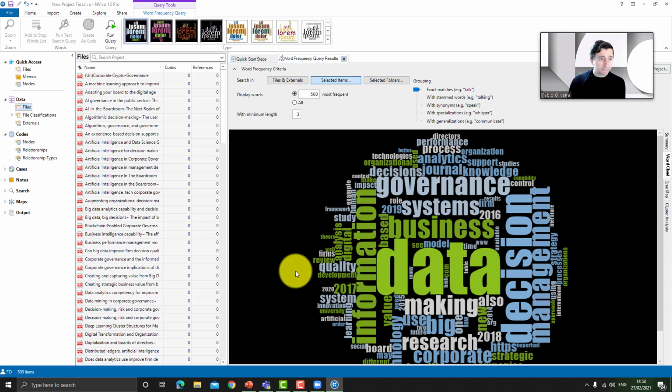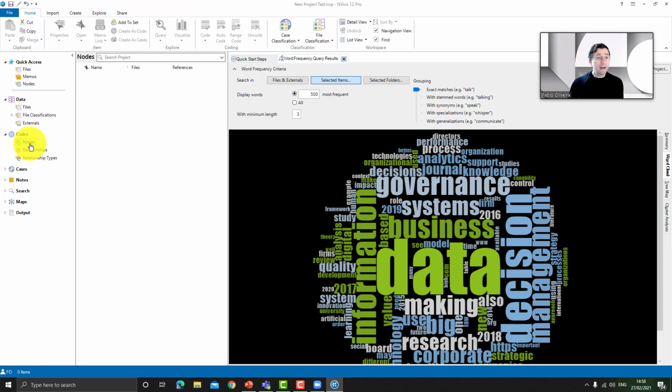The next phase that I want to show is how to create and organize your data in codes. Once we start reading the articles, we want to extract from the article the different themes or codes that we want to explore. For example, if I want to extract from each article everything that's related to big data, I come here to Nodes and create a new node.